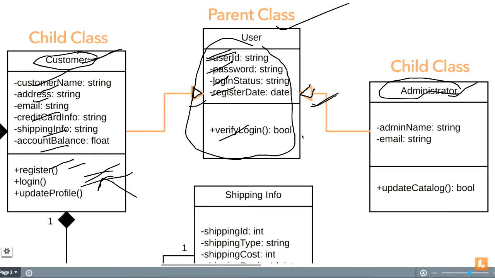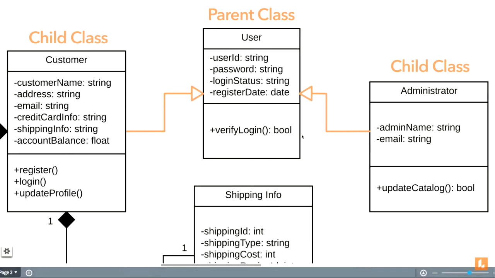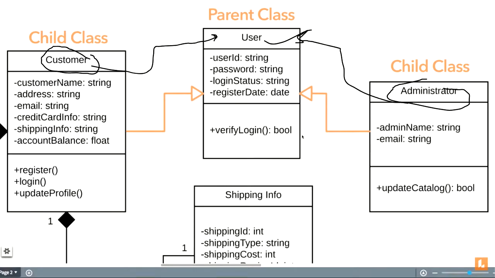Administrator class, look, it's a simple thing. Either you are a customer or you are an administrator, what is the first thing that you have to do? You are accessing the Flipkart website. The first thing you have to do is to log in, or you have to be a user. Understand the meaning of this. Why is this a child class? Because a customer or administrator, what is this user? User is a generalized name for a customer or an administrator, right? That is why we say here we are doing inheritance or generalization. Means we are generalizing the name for administrator and customer as user.